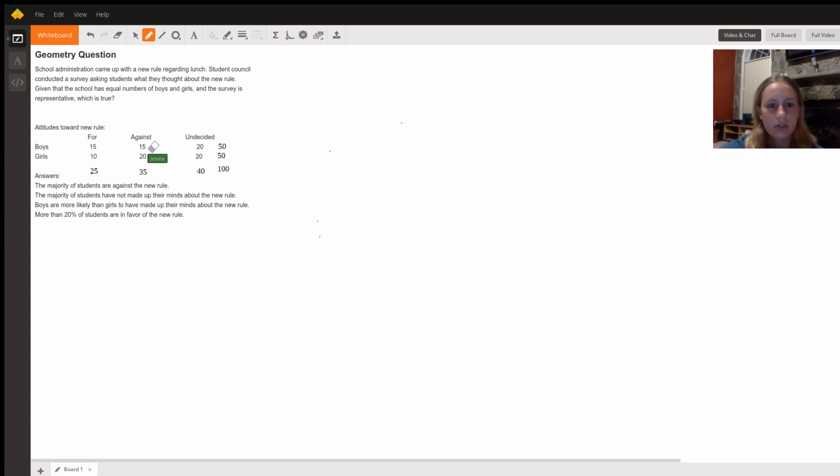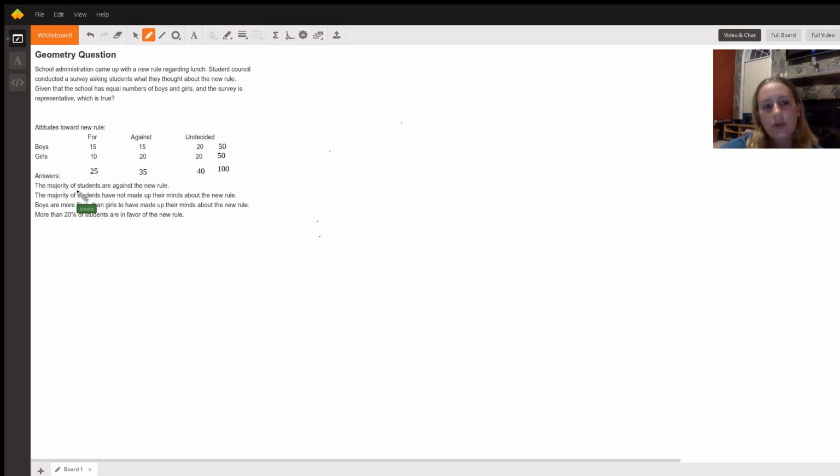Then I did 15 plus 20, so we know that 35 of the total number of students out of 100 are against the rule. And again, 20 boys plus 20 girls is 40. So we know that 40 of the 100 students are undecided about the rule. So looking at what I've done to the table, let's go ahead and see which of the following statements is